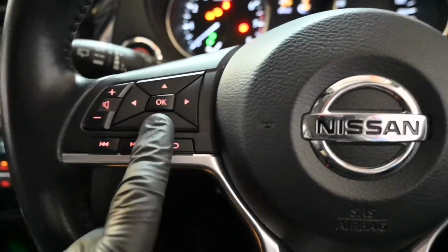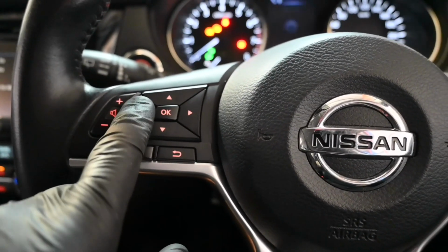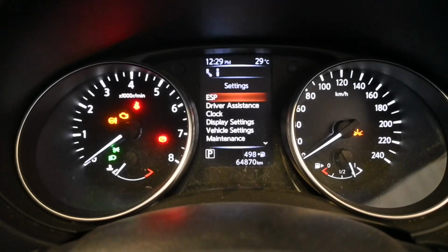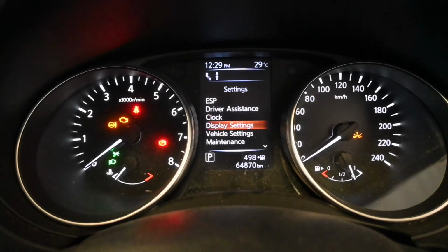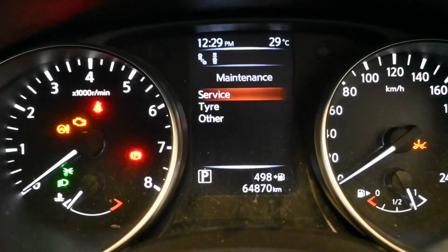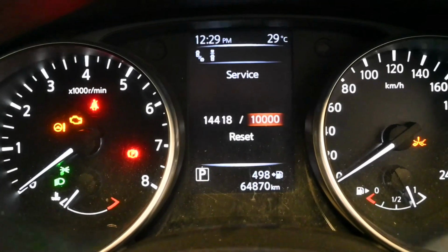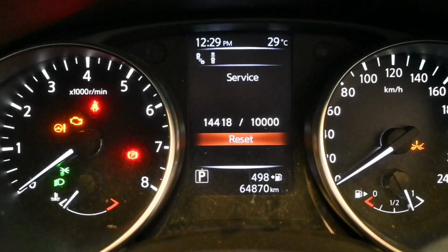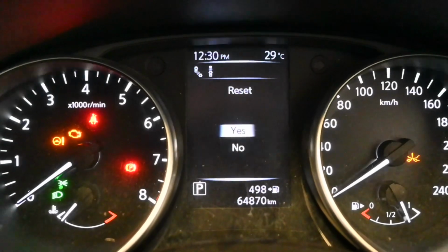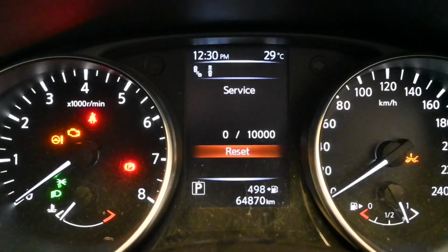So what you want to do, you want to go down to your buttons on the left hand side of the steering wheel. You actually want to scroll through left and right until you come to settings. Click OK on the steering wheel, and in the list you want to go down to maintenance. Click OK. Then straight away it will already be on service. Click OK on the service, and then you want to go down to reset, press OK. It's just double checking that you want to reset, so go up to yes, click OK, and the service has now been reset. You can come back out of that menu just using the backup arrow there,